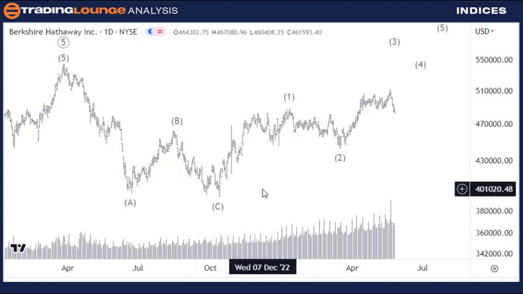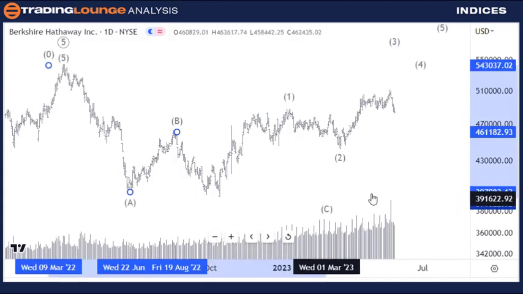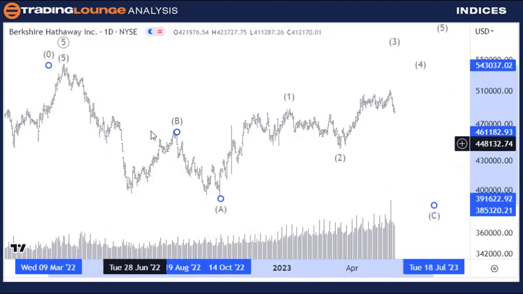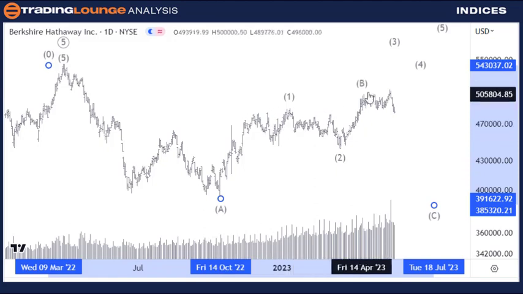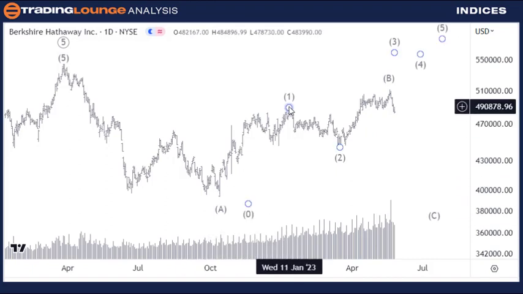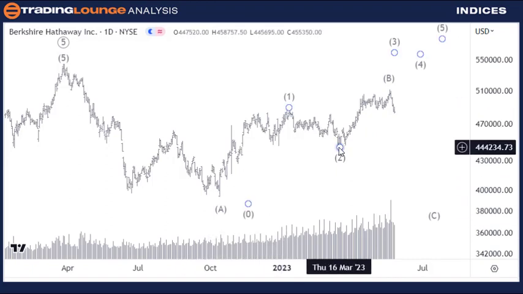But at the same time, things can expand. What can happen is that we could put the C wave over here. We could have an ABC down here for this. We could put the B wave over here. So we could have this move up here as an A wave, a B wave, and then a C wave here,